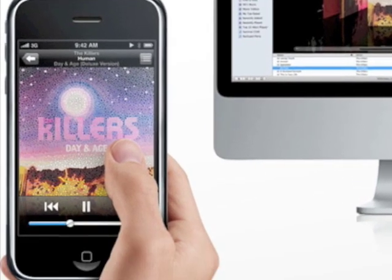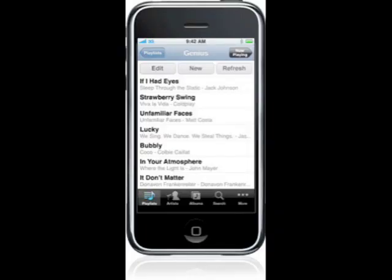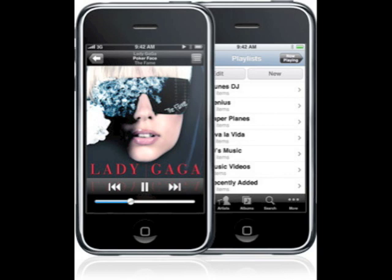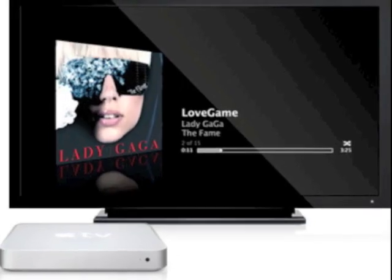Yes, a bit boring, but very, very useful. You can link it up to your iTunes library on a PC or Mac, and then it displays all your content on the iPhone and allows you to choose what to play. If you hook up your PC to your TV and Hi-Fi, this little app makes selecting music, video, and podcasts